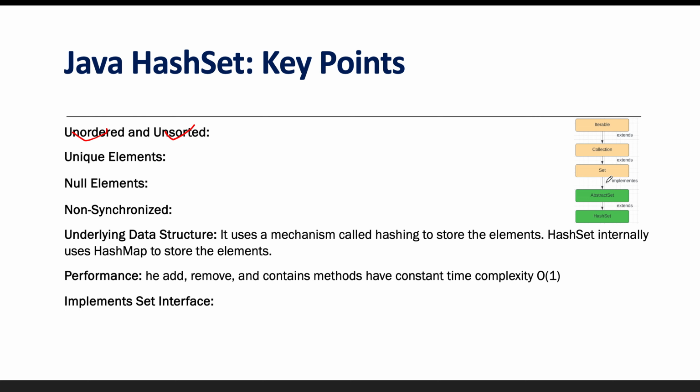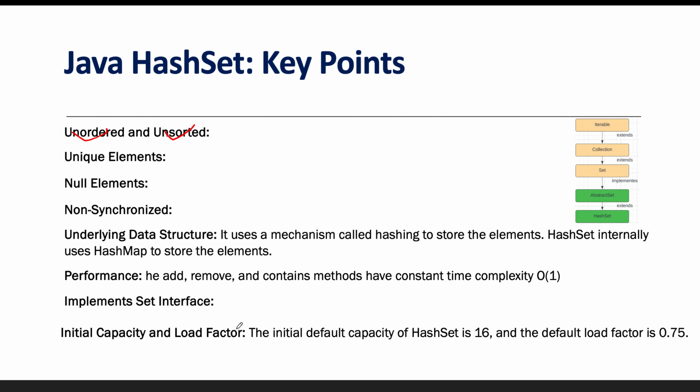Next is initial capacity and load factor. As we know, all the collections like List, Set or Queue are dynamic in size. It means the size is going to be increased or decreased automatically as per the insertion or removal of elements. Similarly, HashSet is also dynamic in size, meaning there will be a default capacity assigned by Java, that is 16. If you create a HashSet and do not provide any size, unlike an array where we need to provide the size, Java internally provides a size of 16 in this case, that is the default capacity.